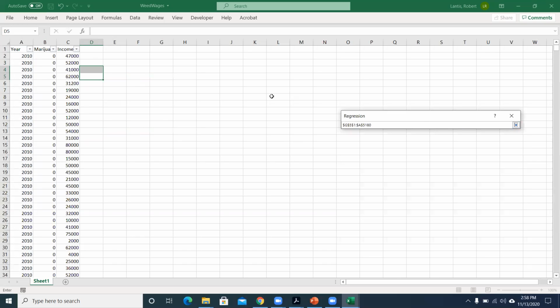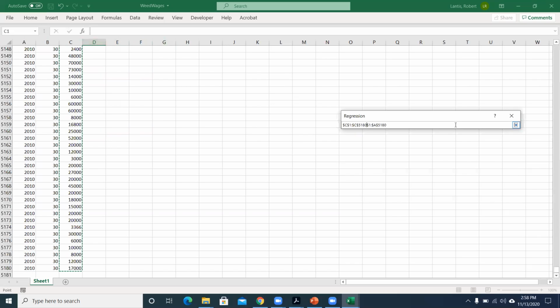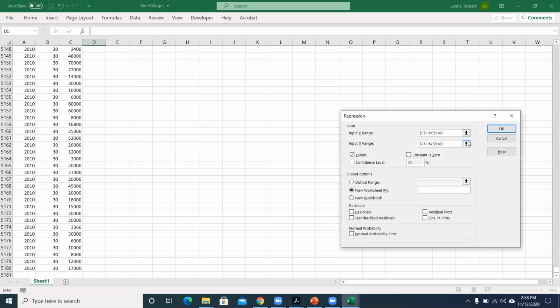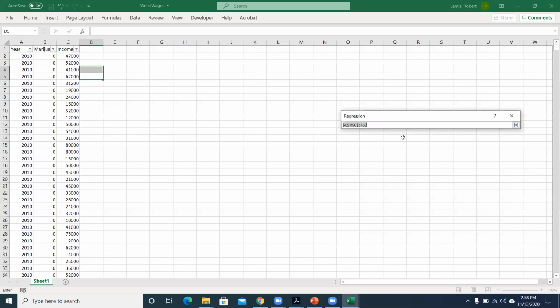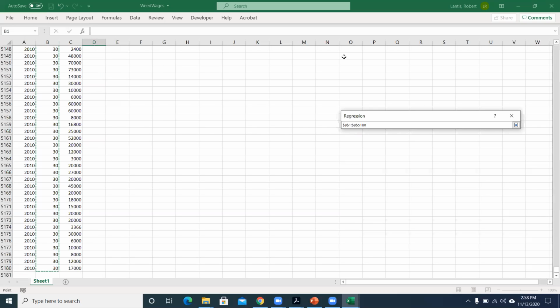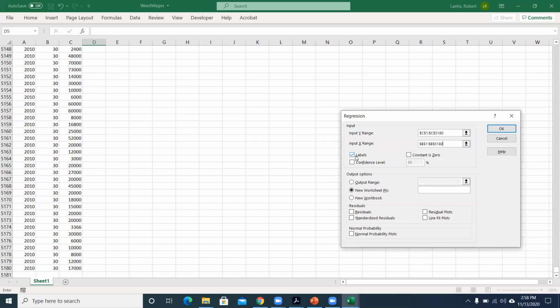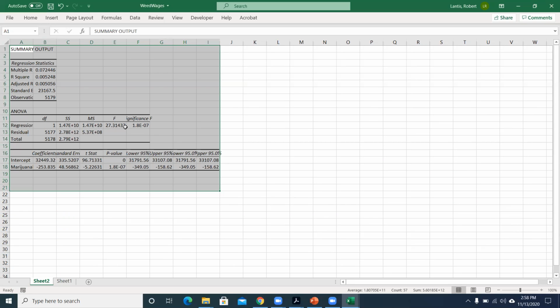Here we go, I'll just select it again. I'm going to change this to column C. Delete the old stuff. I'm going to change my X variable to column B. So I'll select that, hit this little arrow. I selected the labels. I'll put it on a new worksheet. Once I hit OK, now I get those same regression results that we were looking at in class